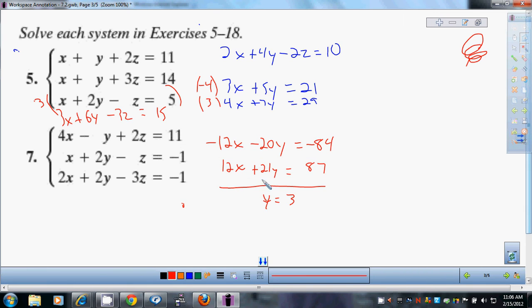If you backtrack and plug it into one of these 2, I'll plug it into the bottom one. That'll give me 12x plus 63 equals 87. Subtract. Divide by 12. Does that give you x equals 2? Plug both of those into one of the originals. I'll plug it into the middle one right here, which would give me